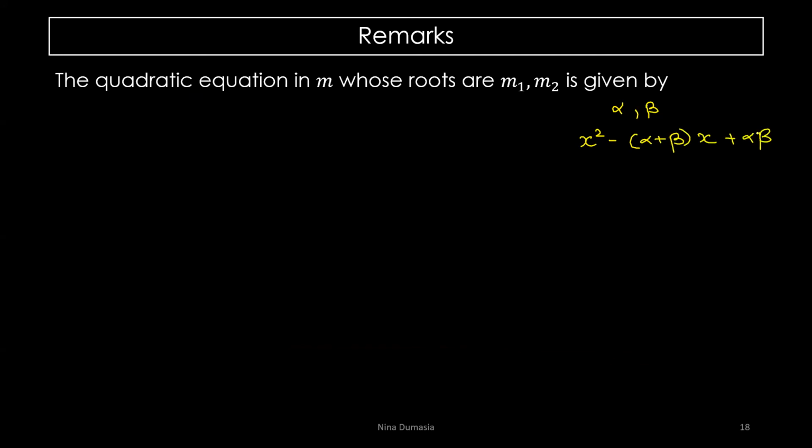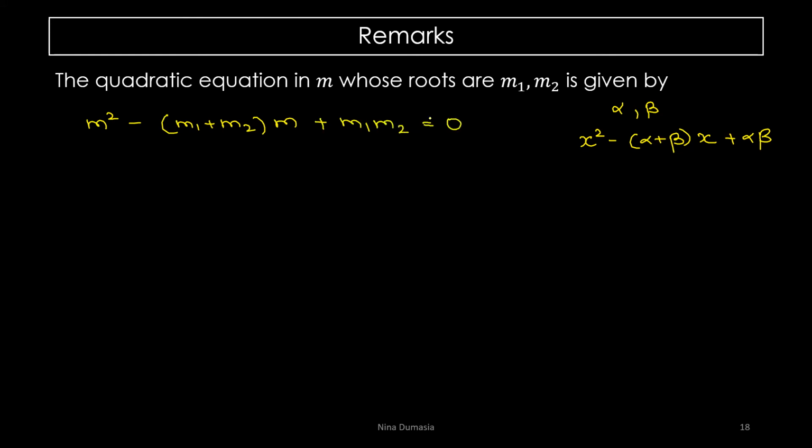We are going to use the exact same strategy over here and therefore here it is going to be m square minus क्या होगा, it will be m1 plus m2 into m. Basically यहाँ पे जो m है ना, that acts as हमारा variable x plus m1 into m2 is equal to